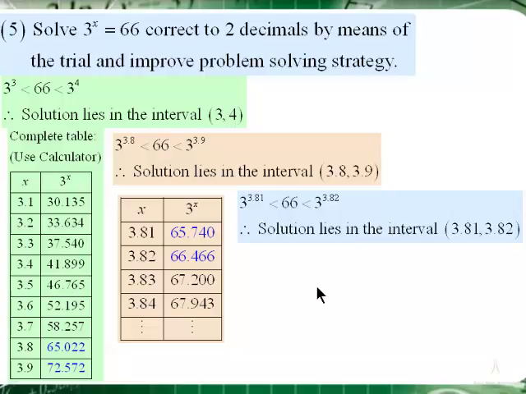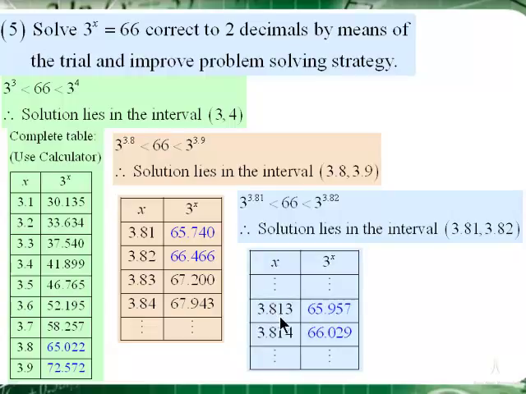So again, I use that same table, and you don't need to change the equation, it's still the same. The calculator will ask you where must you start, and you will say I'll start at 3.811. And where do you want to end? It's 3.819. And then I've just selected a portion out of that, which indicates to me that 3 to the power 3.813 is still less than 66, but the next one is